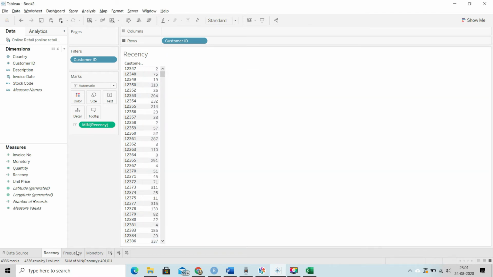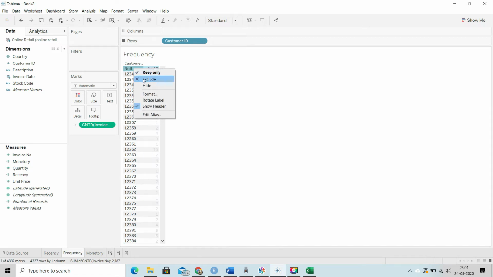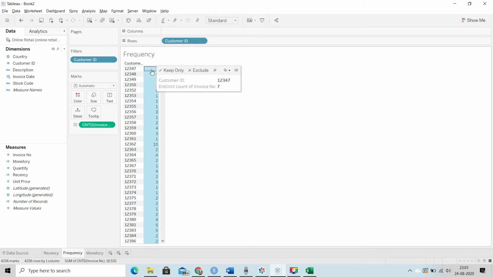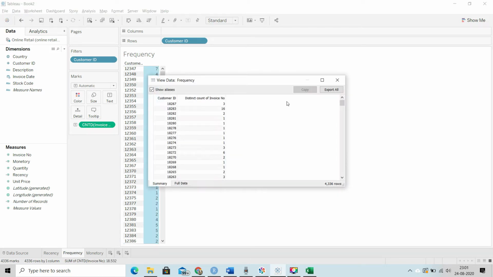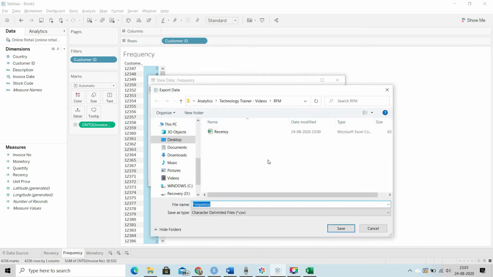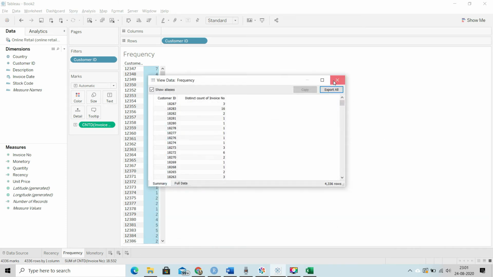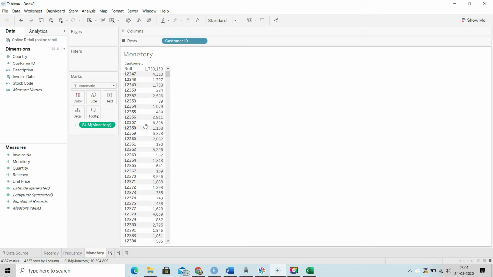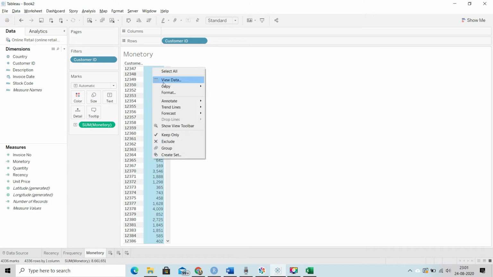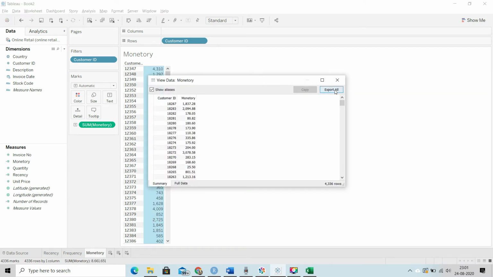Now let's go to frequency, exclude null, select all again, view data and export this data also. Let's name this frequency, and let's do the same for monetary. Exclude null, select all, view data and export this as the monetary CSV file.